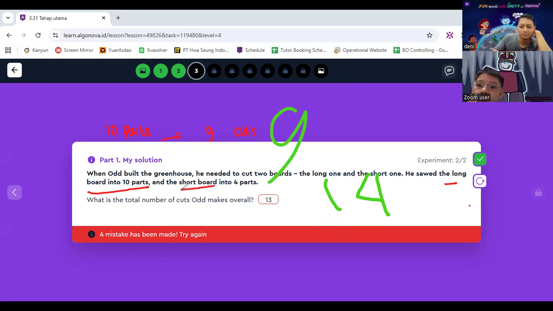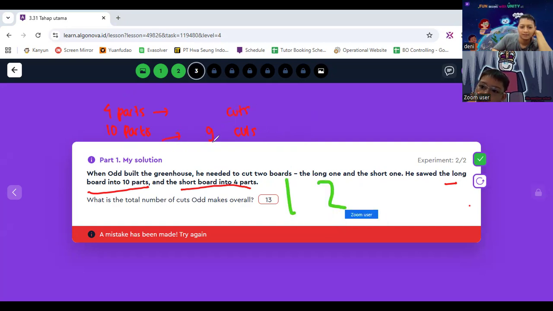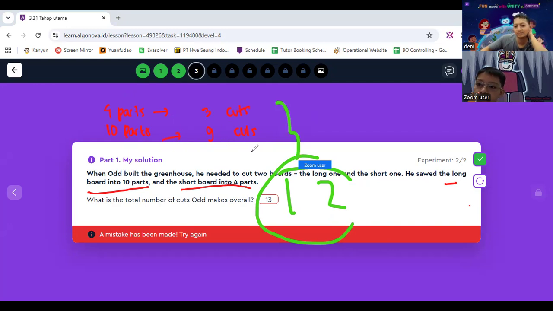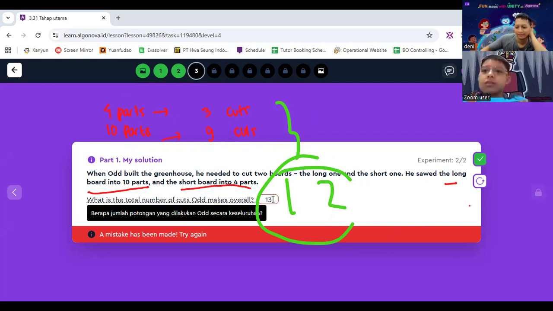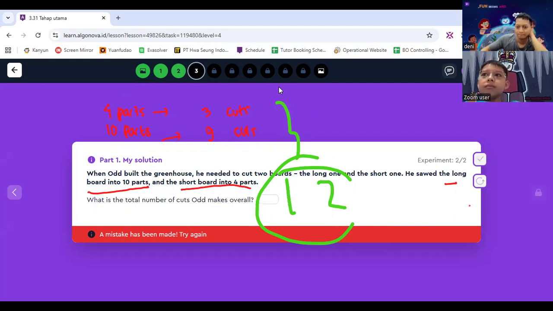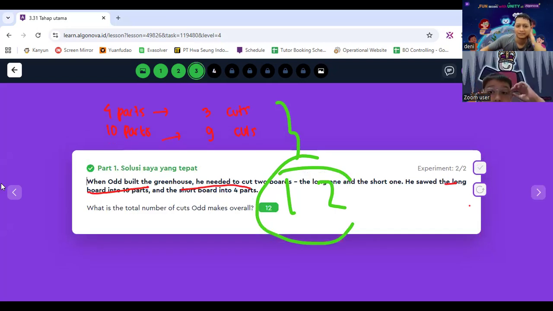Okay. And the short board into 4 parts. How many cuts? Yeah, 3, and 9 becomes 12. Okay. Next,